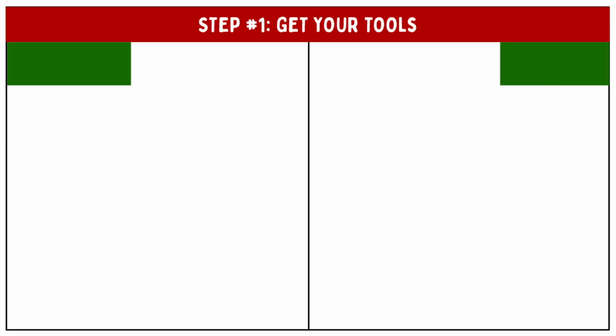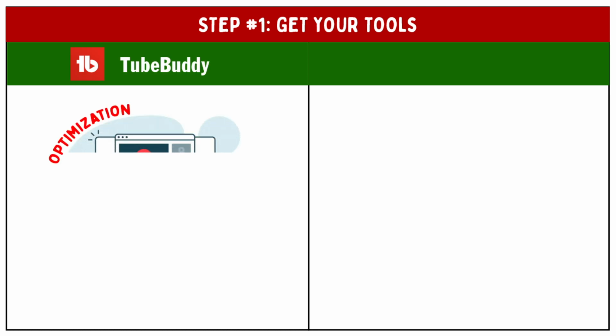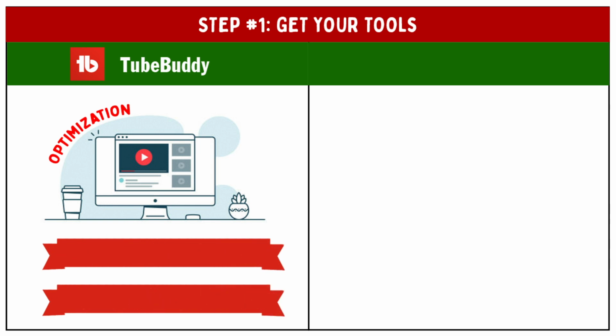Step 1. Get your tools. The first step in automating your YouTube channel is to find the right tools. We recommend all of the following. TubeBuddy is a YouTube management tool that allows you to optimize your videos for search, manage your comments, and track your performance. It also offers a range of features to help you monetize your channel, such as sponsored video and